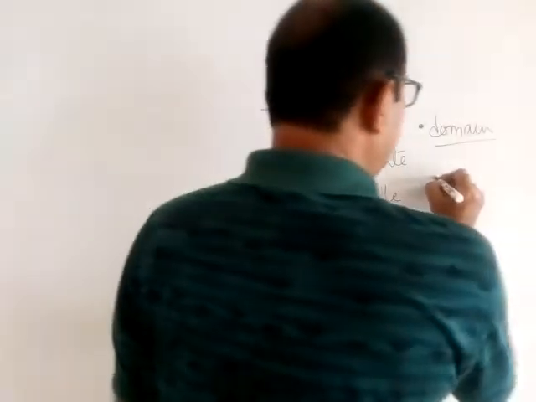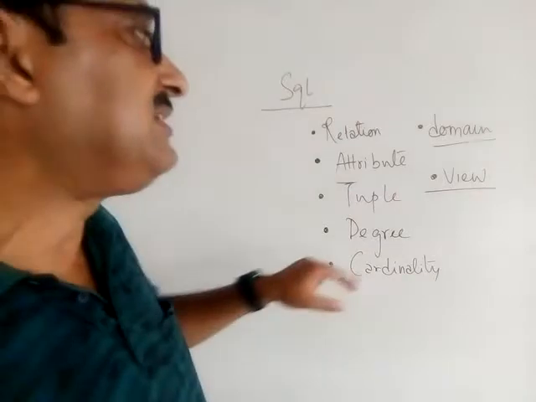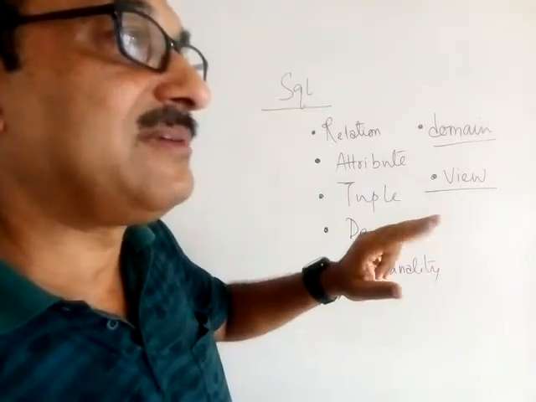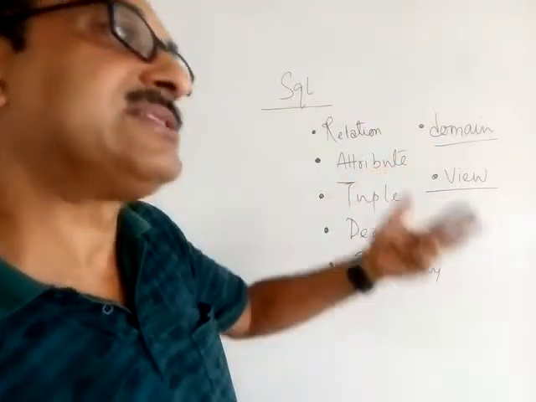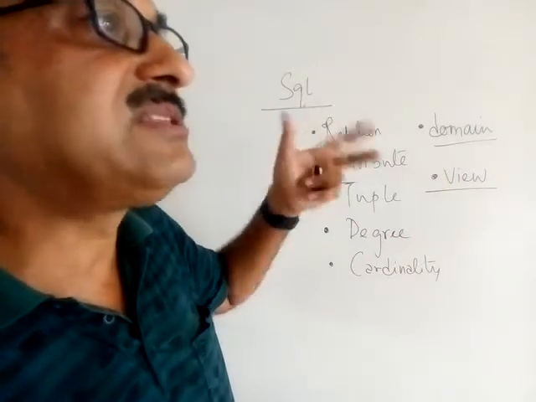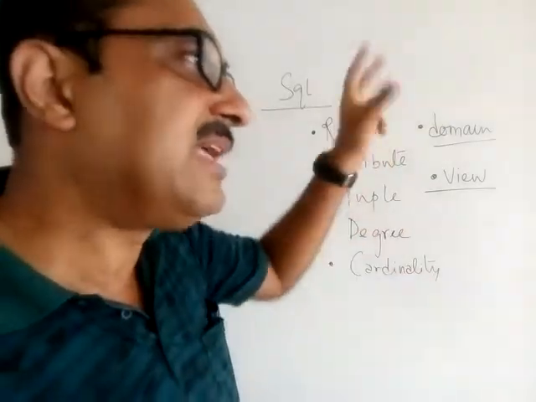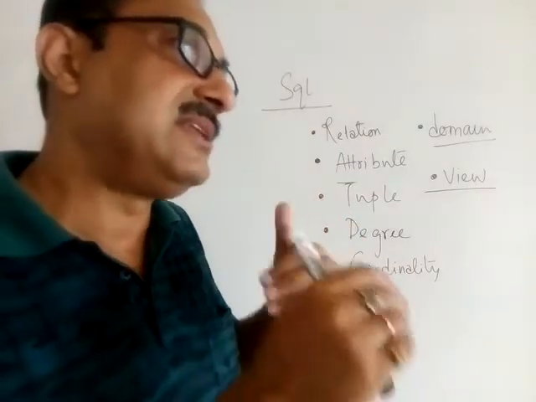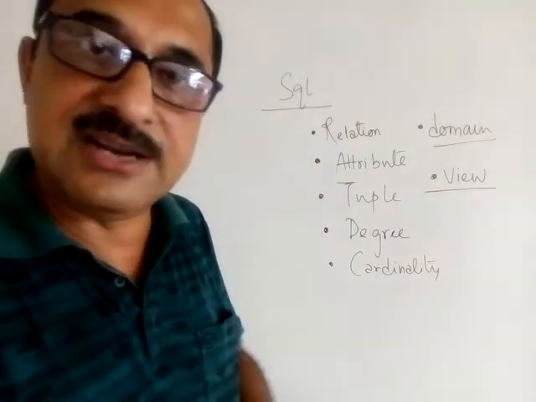And there is another thing called view. This also probably you have not done in class 11. View is almost similar to the select command. When we use select and we use a condition, what happens? A few fields along with a few records can be displayed in a customized way. So view basically does exactly the same thing. View is basically a kind of virtual table. The table doesn't exist anywhere, but when we see it, it looks like a table. That same thing happens when you give a select command also. If I simply say select star from whatever, and if I give a condition, then according to the condition, a few selected records will be displayed.